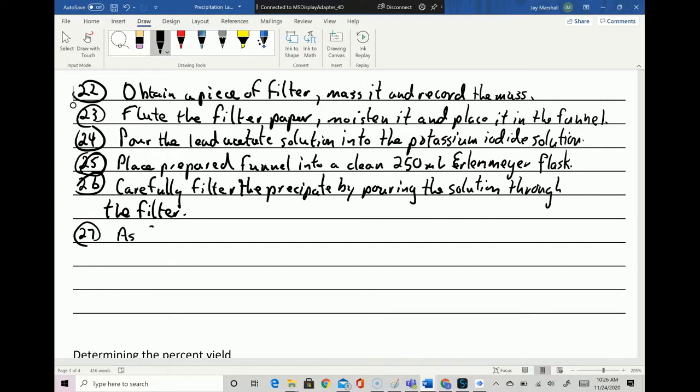So the stuff that goes through the filter is called the filtrate. As filtrate